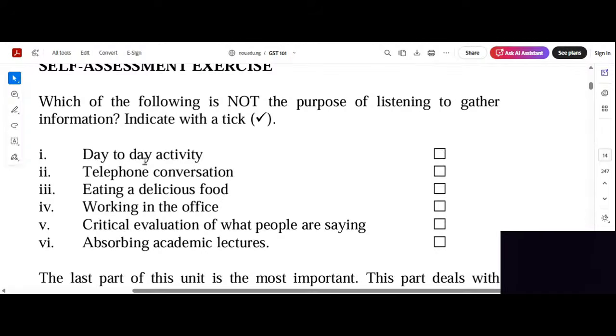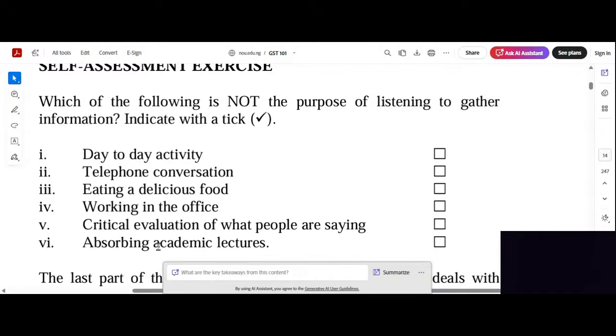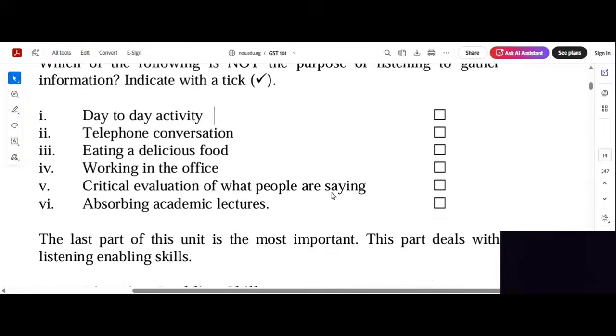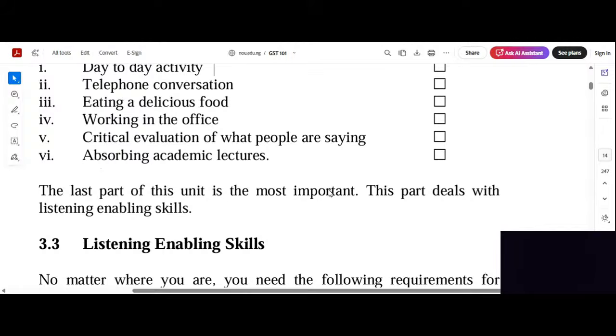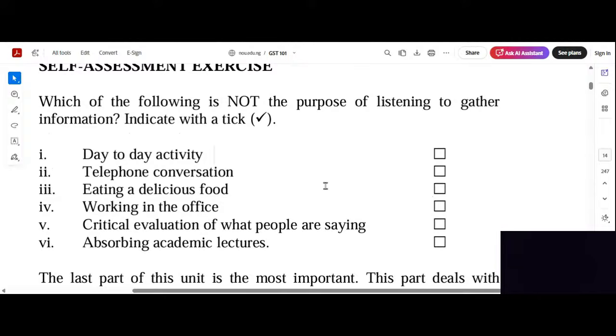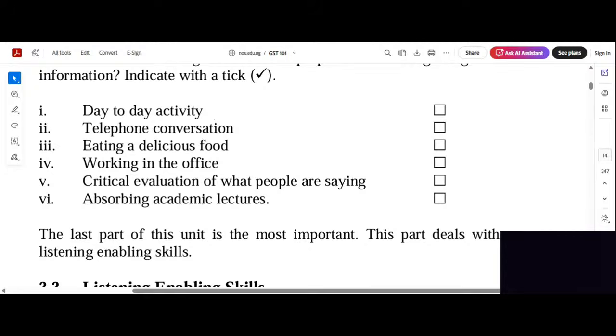What about day-to-day activity? What about telephone conversation? What do you say about that? Because we all seem to be aligning with only eating a delicious food as the only option that is odd there, that is not part of the